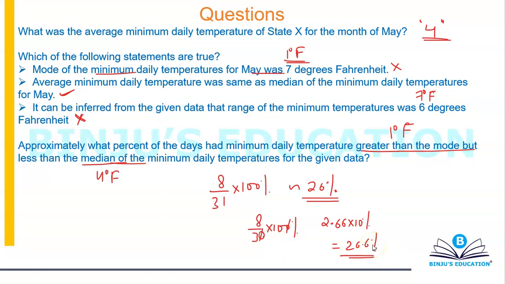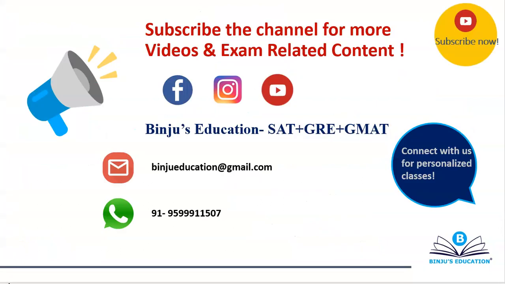If in case they ask you this in the gradient question, then please do use the calculator. And my guess is that they're gonna ask you to round it off, and if they give you the options, then yes, you can do this, because they will not give you two options in which one is 26.1, another is 26.2. They won't do that. The options will be a bit far apart, the numerical values. Okay. All right, so more or less this is everything you need to know for the first data set.